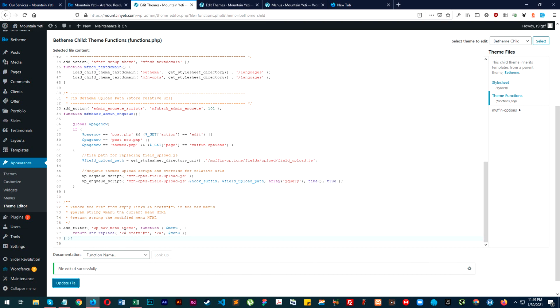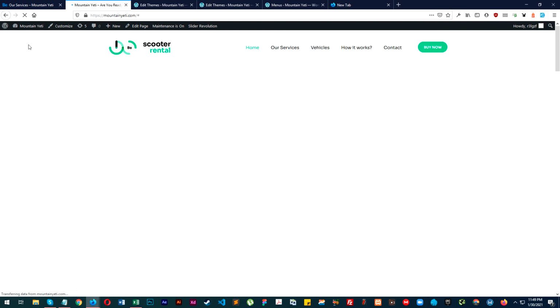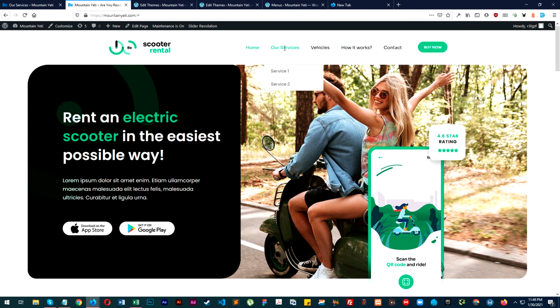So what this extra code will do is whenever there is a hash, which was showing you the hand icon here, it will be removed and unclickable, so it will make sense. So let me reload this page. Okay, now if you see here, I'm not getting the hand icon here like I was getting on the home when I hover around services. So I hope that clears your confusion,